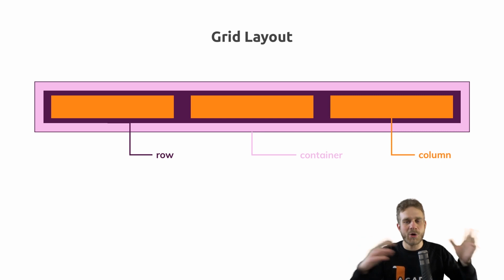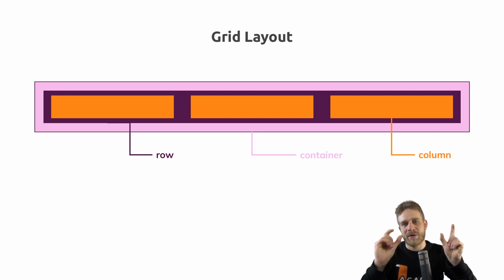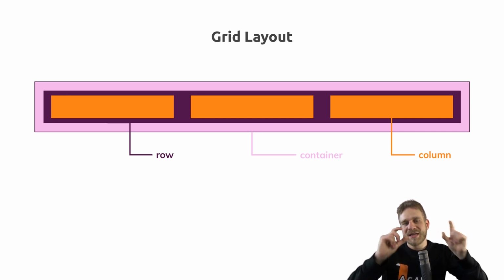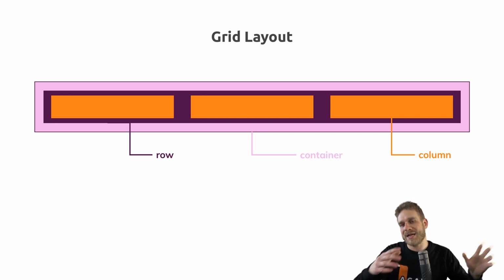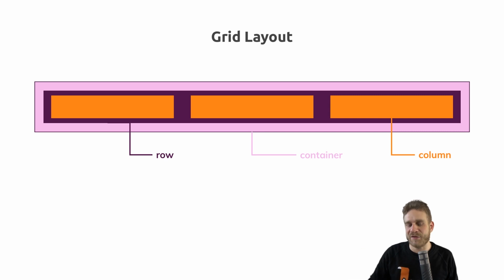So you could say on a mobile device, I want to have my two columns not sit next to each other, but beneath each other, and therefore each column should take the full width. Whereas on bigger devices, you want to have two columns next to each other with 50% width on each of them. These are things you can easily define by assigning the right CSS classes, and I will have a whole video in this series where I dive into just that and play around with the grid.